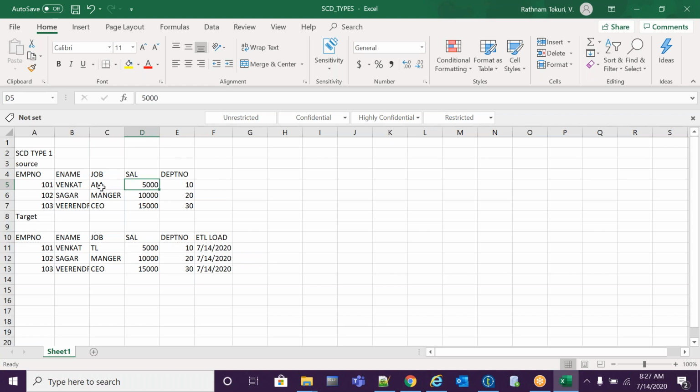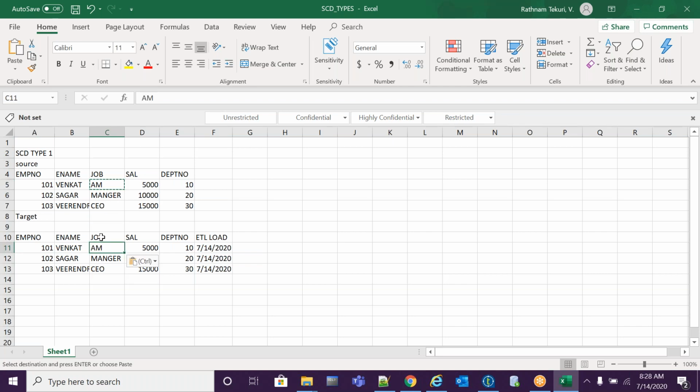Now it compares the values. 101 already exists, but the job is changed: in my source he got promoted to AM. It will check the key values. The key already exists but the data is updated, so my target will also update it. It will go to that particular key and update the value to AM.